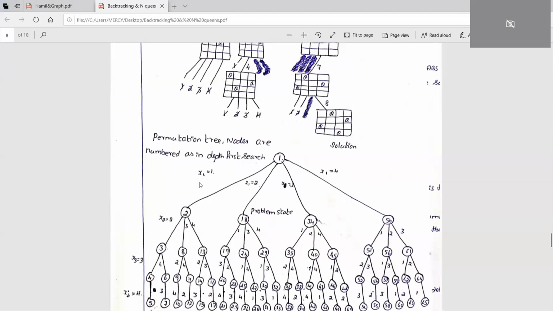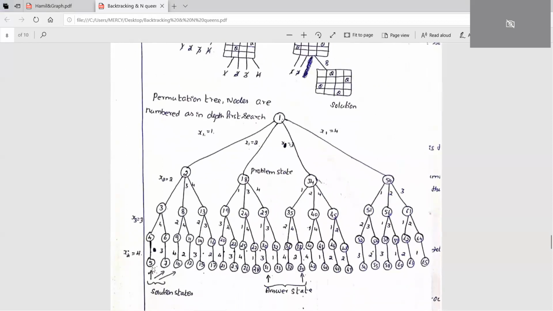Okay, so if you put like this, what will happen? First queen in the first column, second queen in the second column, third queen in the third column, fourth queen in the fourth column, but this will be in the diagonal. Okay, but what happened? The explicit constraint is satisfied, but the implicit constraint is not satisfied. Implicit constraint is nothing but no two queens attack each other. So now this will be the solution state. Out of the solution states, we can pick the answer state.